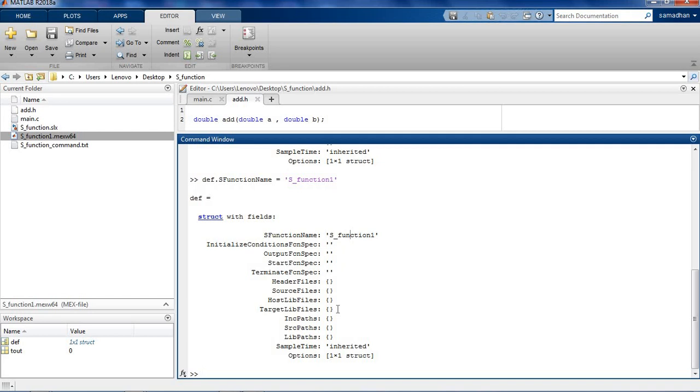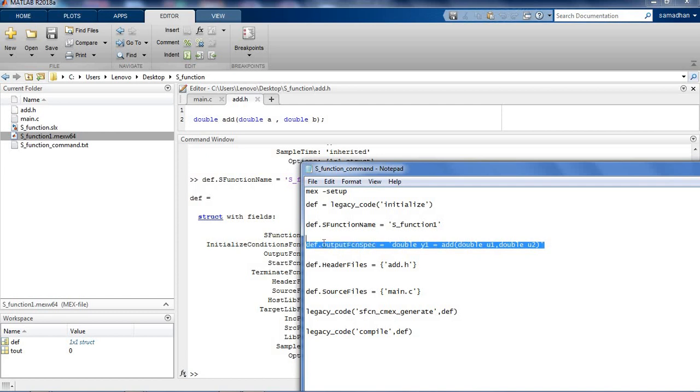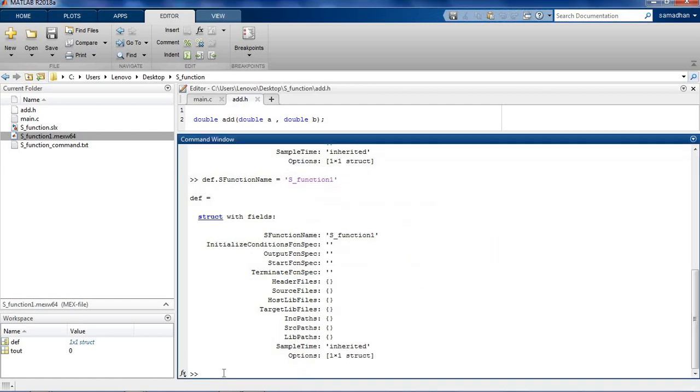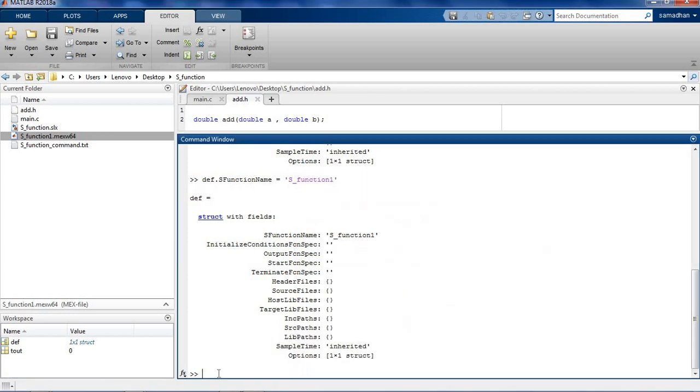So then the next command is def.OutputFcnSpec, which is equal to output equals function name and its arguments. So we have to execute this command.